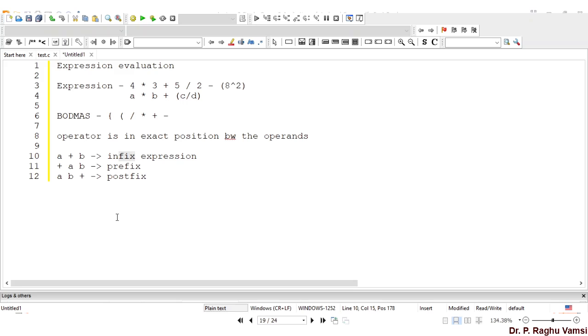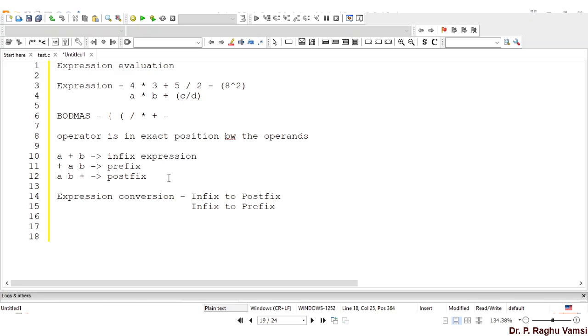What is the case if an infix expression is given and you are asked to convert it into postfix format or prefix format? How will the expression be converted? This is said to be expression conversion, that is either from infix to postfix or from infix to prefix.